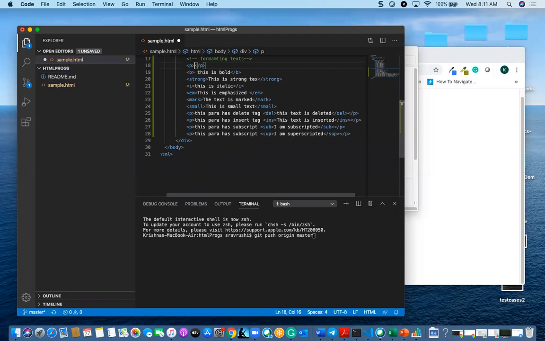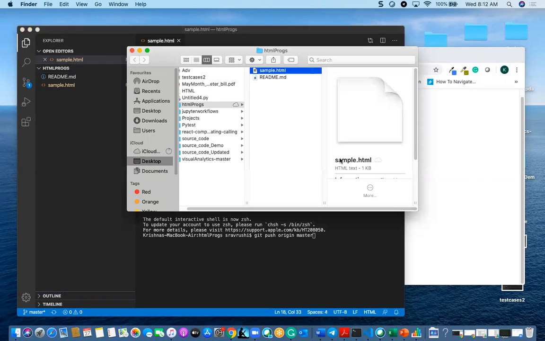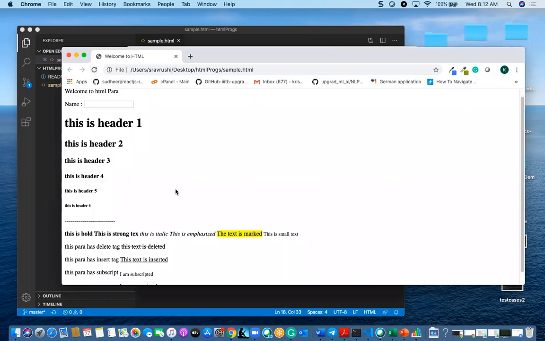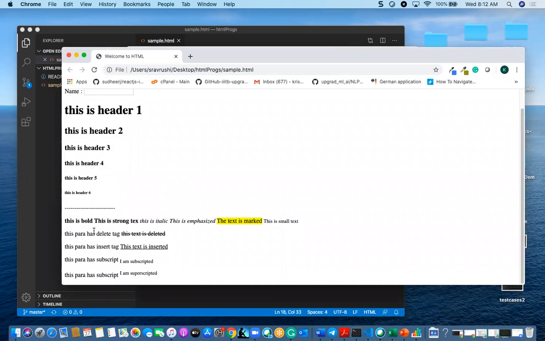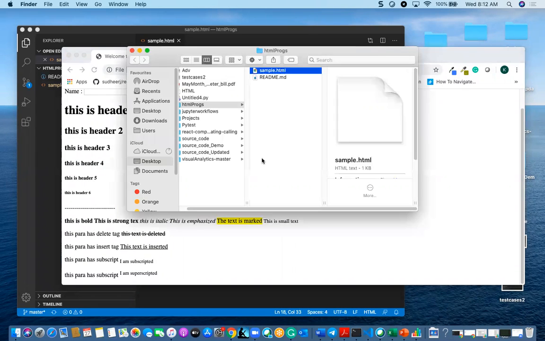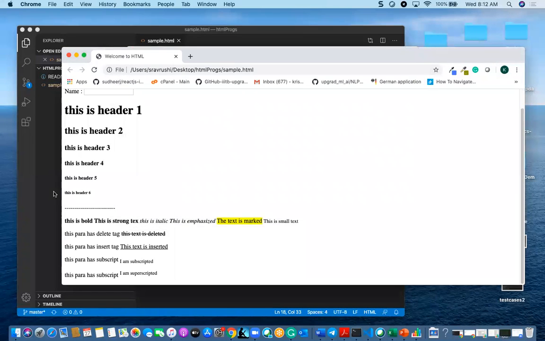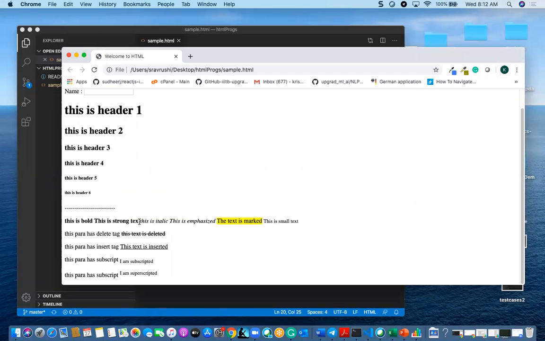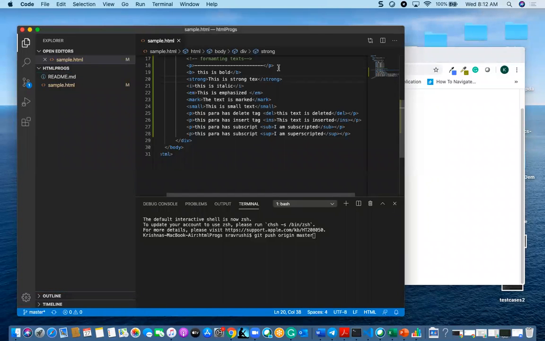So I will divide this. So if I see now, from here one is the bold, one is this bold, and the other one is a strong text, and one more is a break.